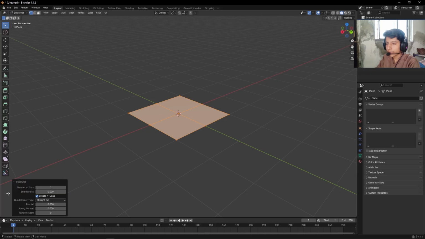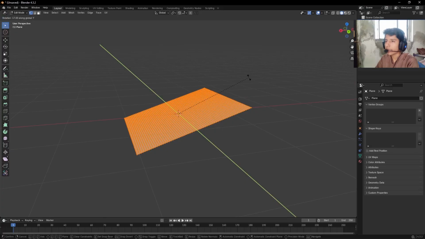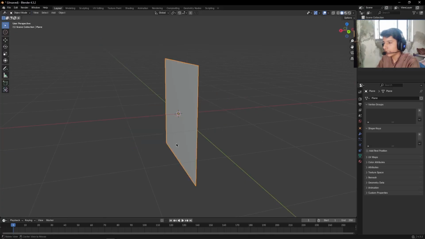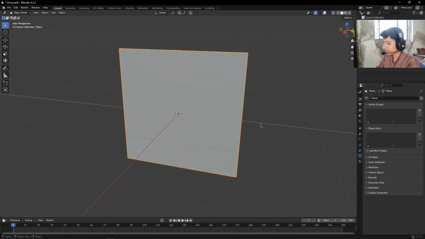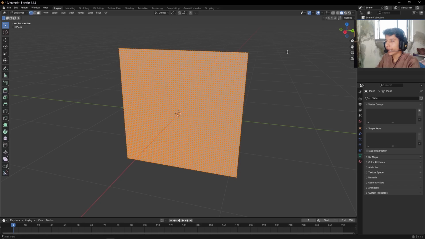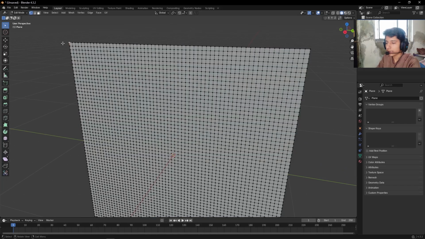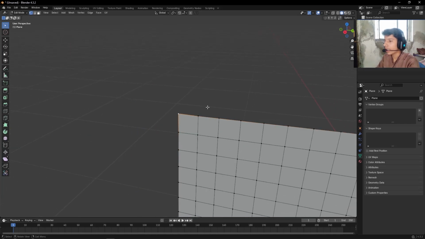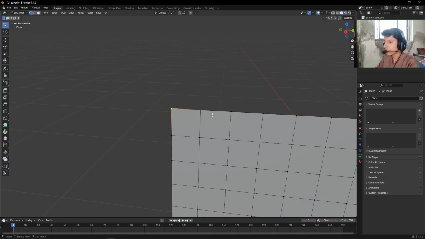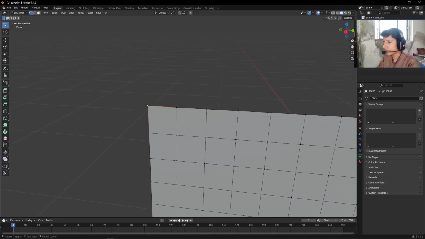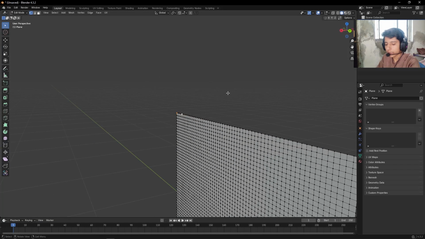Now come to this menu and set the number of cuts to around 60. Press R Y and 90 to rotate it 90 degrees on the Y axis. Then go into edit mode, select this vertex first, then skip 2 vertices or maybe 3, then select this vertex and press Ctrl Shift and numpad plus to repeat the last step,